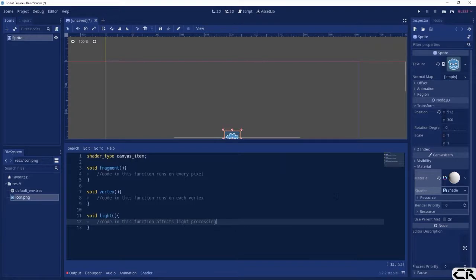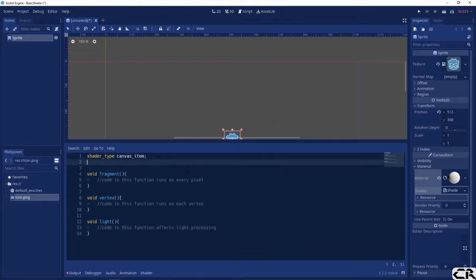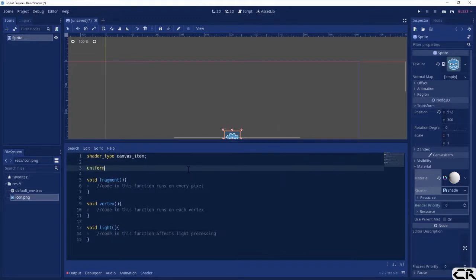Declaring a uniform variable will cause it to appear in the inspector, similar to how export works in GDScript, and also allow you to set it via code. Type the following code into the shader pane. Uniform